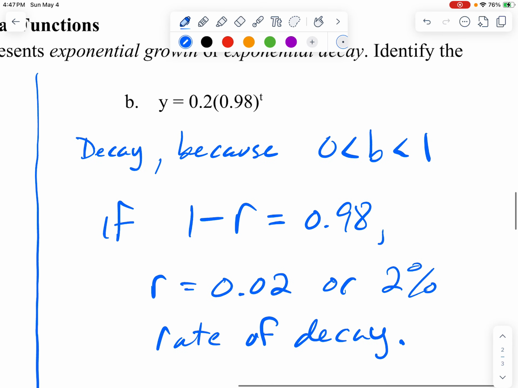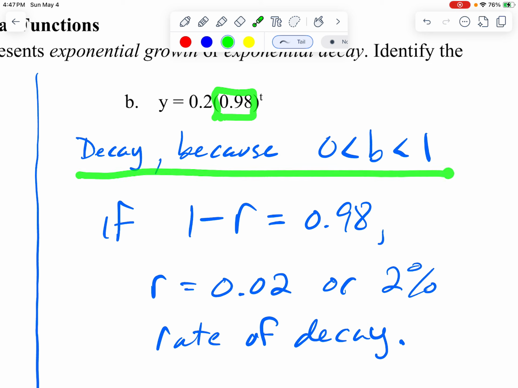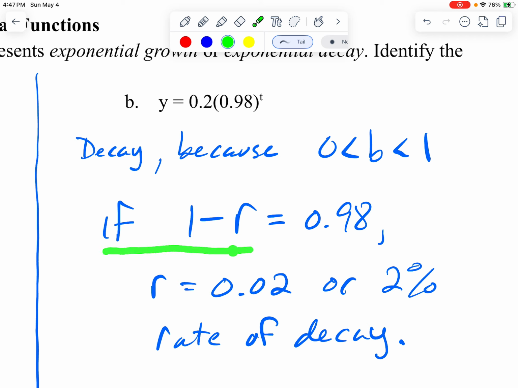Second one, if we look at our equation here, we know if it is growth or decay, again, by this value here. This is between 0 and 1, so we know that it's exponential decay. If we're looking for the rate of decay, this is where we have to do a little bit more thinking, I feel like anyway, than in the growth model. If 1 minus r is 0.98, so that's what we're multiplying our initial value by, that means we have a decay of